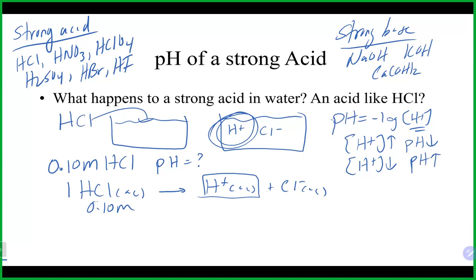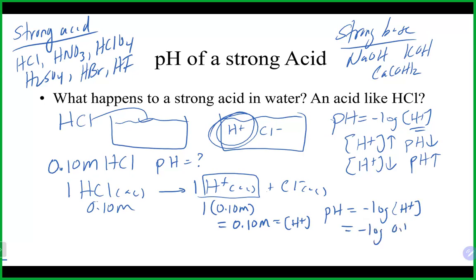It is a 1-to-1 relationship between those two, which means the concentration of the H plus in this solution would also be 0.1 molar. And because of that, now I have the H plus concentration, and all I have to do is go into my pH equation and calculate the pH, minus the log of 0.1 molar in this case. And that's going to get me my pH of 1,